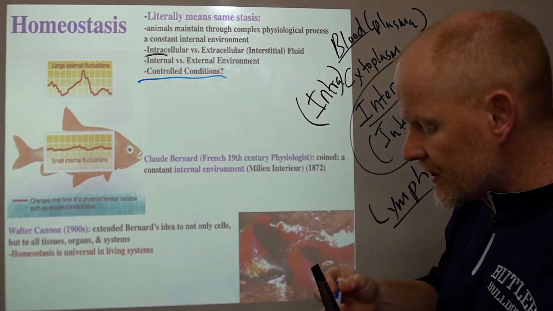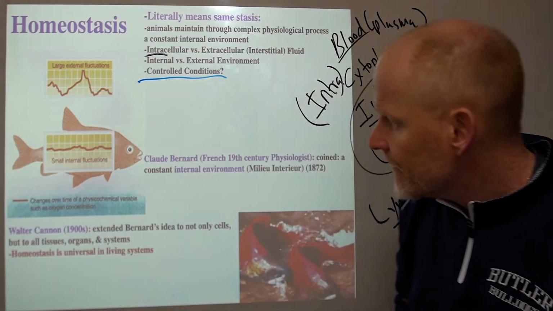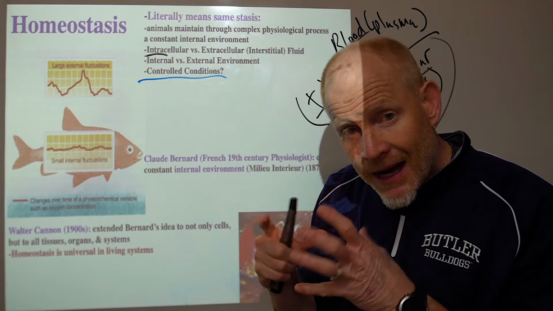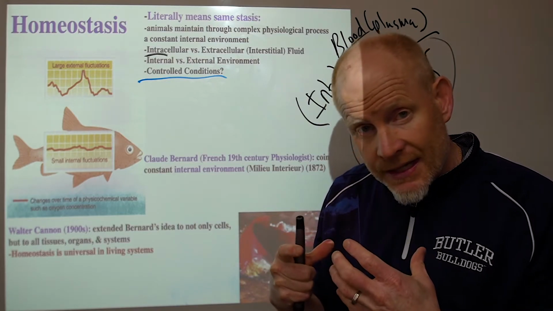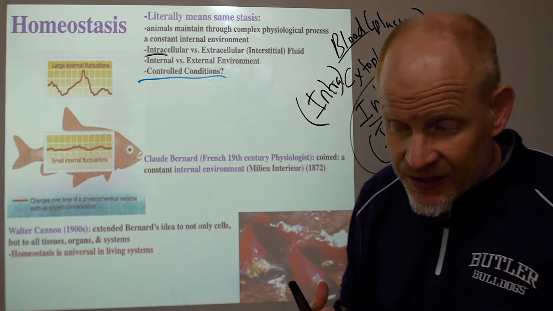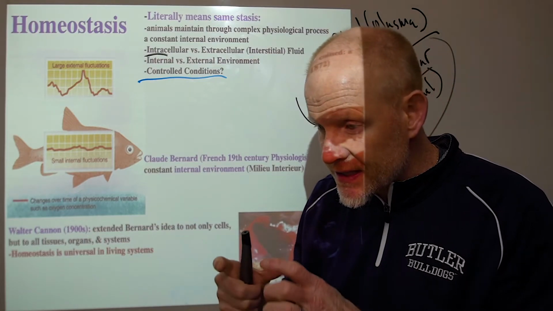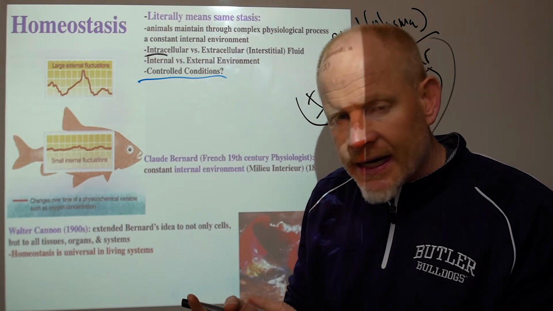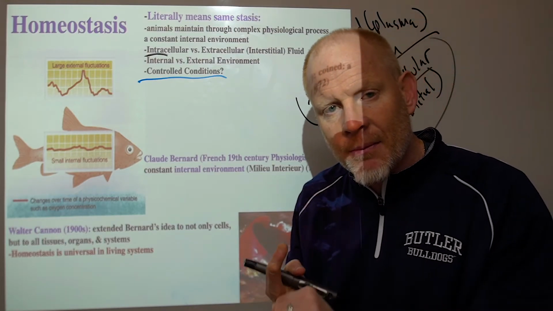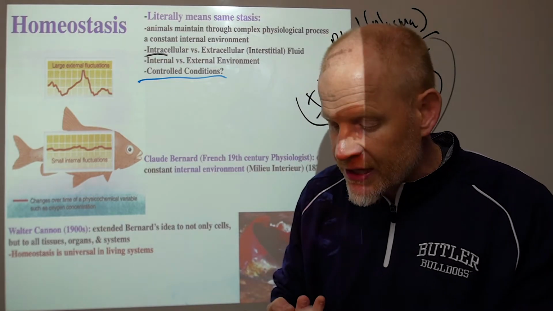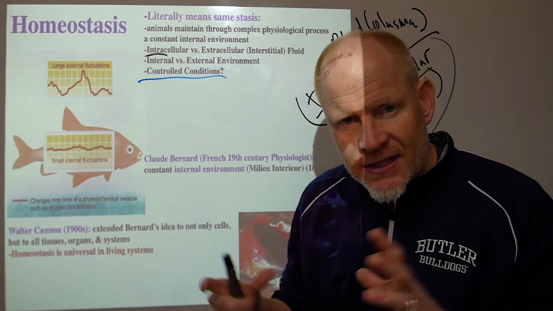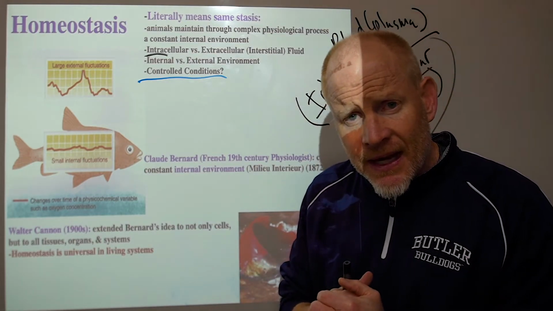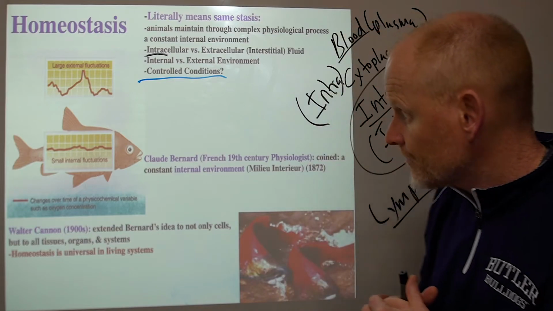So what are the controlled conditions? These are basically conditions in the body that are held constant. And your body monitors those conditions: organs, tissues, particular receptors, particular parts of the nervous system. Their job all day is to monitor these controlled conditions. So they're monitoring things like oxygen concentration, carbon dioxide concentration, sugar concentration, salinity, water. There are thousands of these controlled conditions that the nervous system and these receptors and sometimes specialized organs or tissues